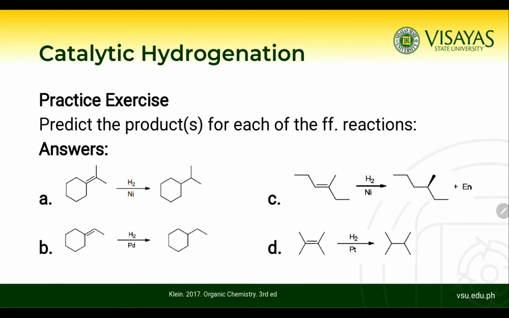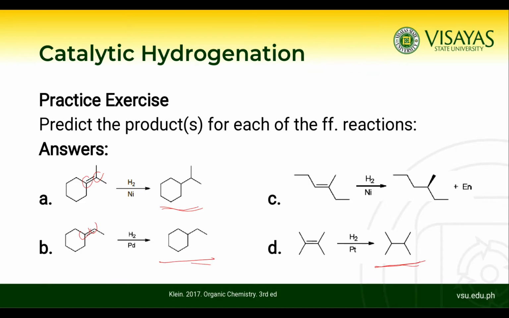Okay, so in this example, we don't have chiral center nga na form, so that is why wala ta nag-show kung naka-wedge pa or naka-broken line. So anhing mong add ang atong hydrogens. Okay, you cannot see the hydrogens bonded to carbon kay skeletal man ang structure. In letter B, the hydrogens will be added in these carbons. So again, you cannot see naka-wedge or naka-broken line because we don't have chiral center sa kaninga product. And also, you cannot see the hydrogen naka-add because this is skeletal structure. Same goes sa letter D. No, we don't have chiral center sa product, so we need not show the syn